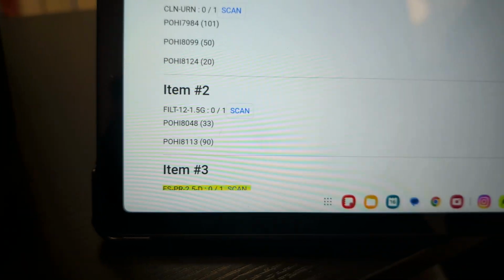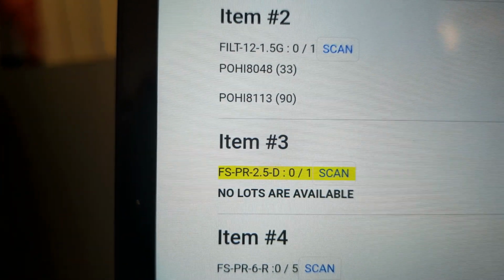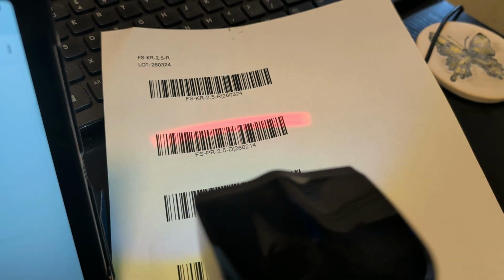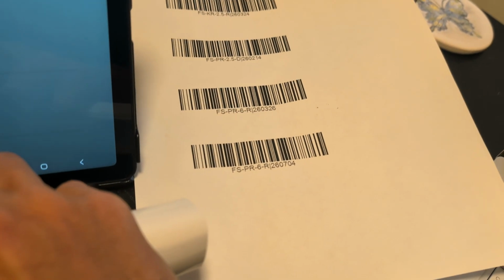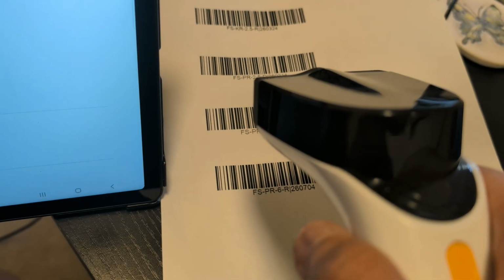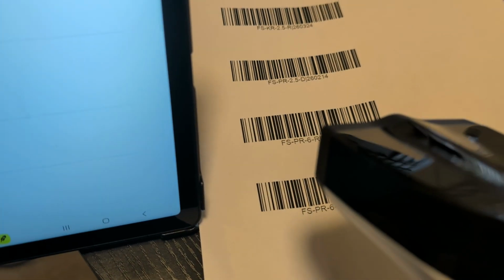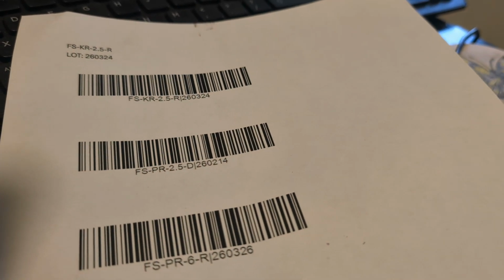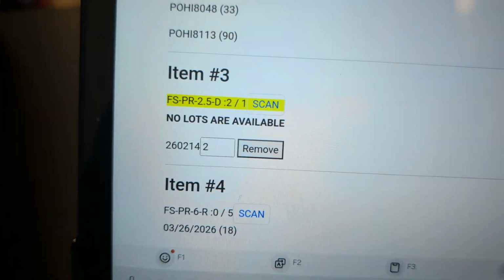But for this example, if I were to select that third item and scan a barcode here, scan. You can see that it will take that lot code, that Code 128, and process it in my